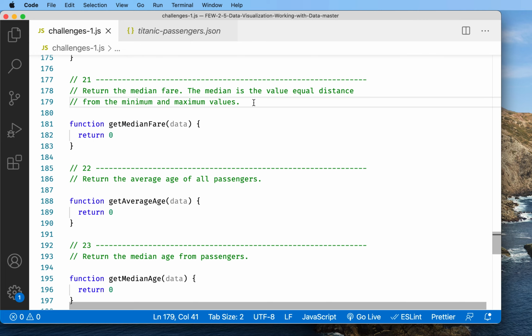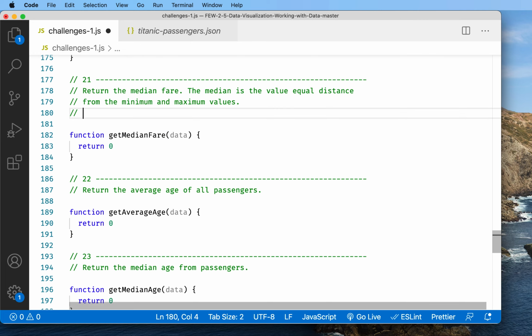So median is the number that's in the middle. So if you had a list of numbers, like 1 and 2 and 3 and 5 and 9, then the number that's in the center of the list is 3. Okay, so it's exactly in the middle. There's 2 numbers on this side and 2 numbers on this side. Okay,